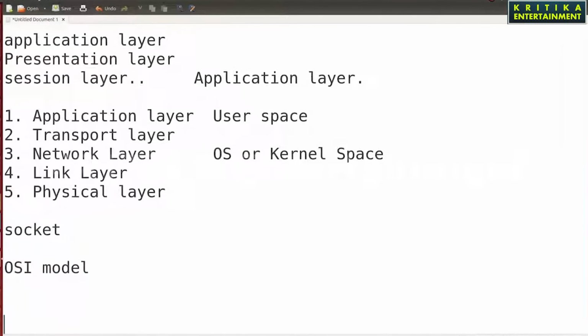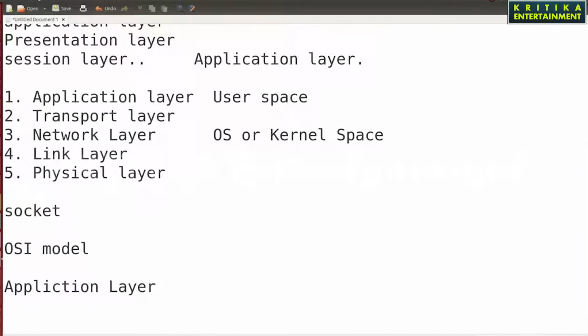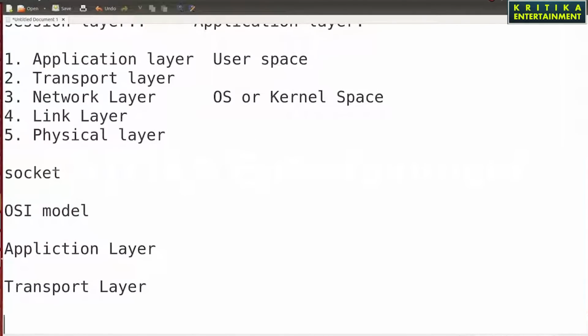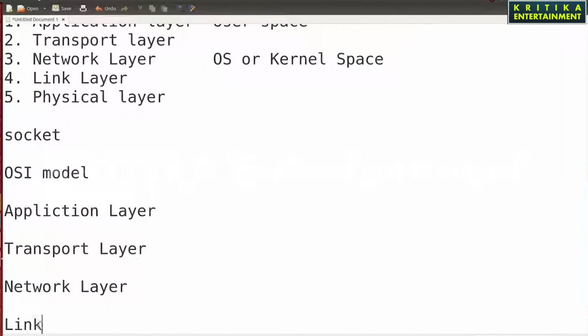First is the application layer. Second, your transport layer. Third is the network layer. Fourth, the link layer. Five is the physical layer.